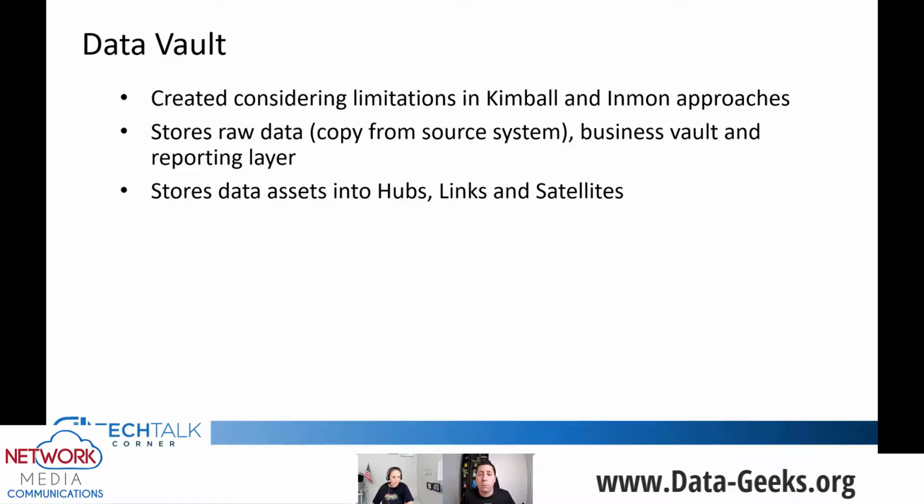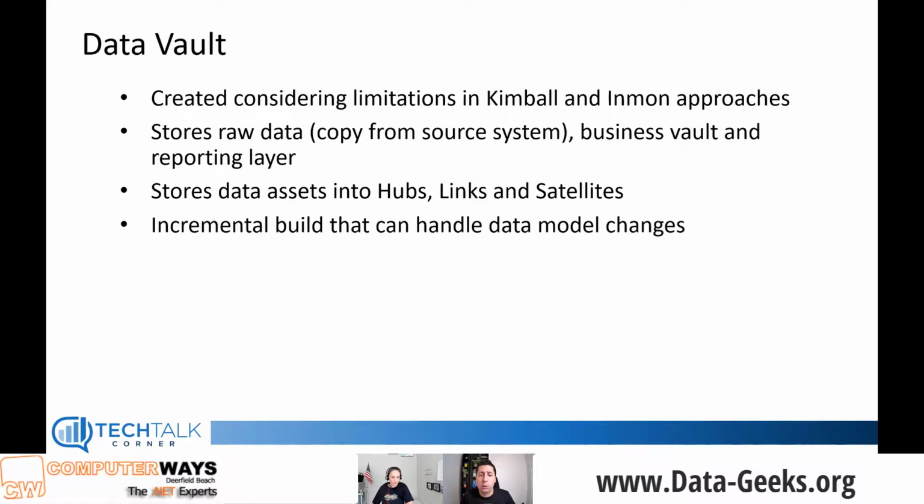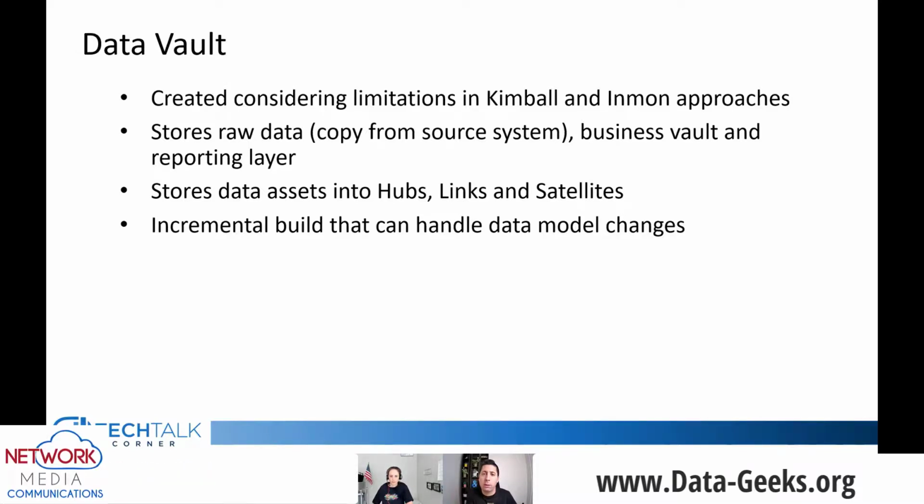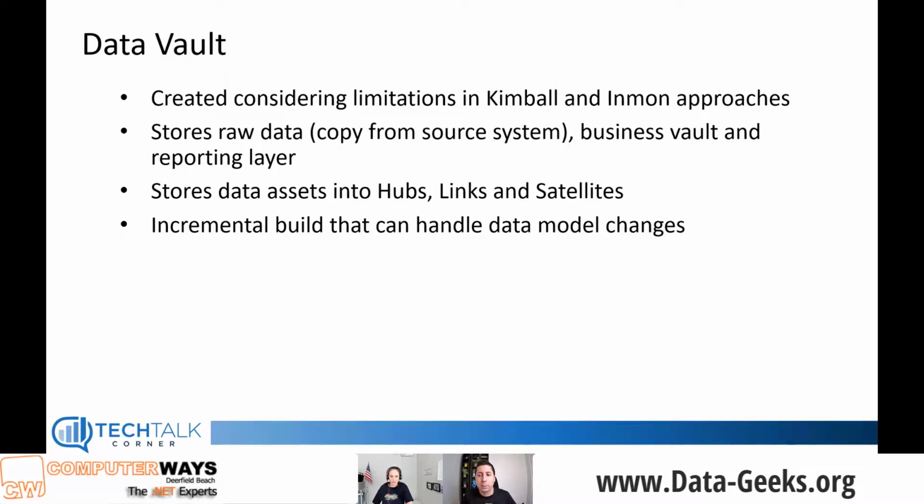Data Vault 2.0 is a framework. It comes with a lot of suggestions on how you can handle incremental build and agile methodologies. Within Data Vault, the idea is to build everything incrementally. Do you remember the previous example, the challenge that we have if we want to add more attributes to the customer entity in a dimensional data modeling? We won't have those challenges in Data Vault. It is designed and created to mitigate some of those challenges.